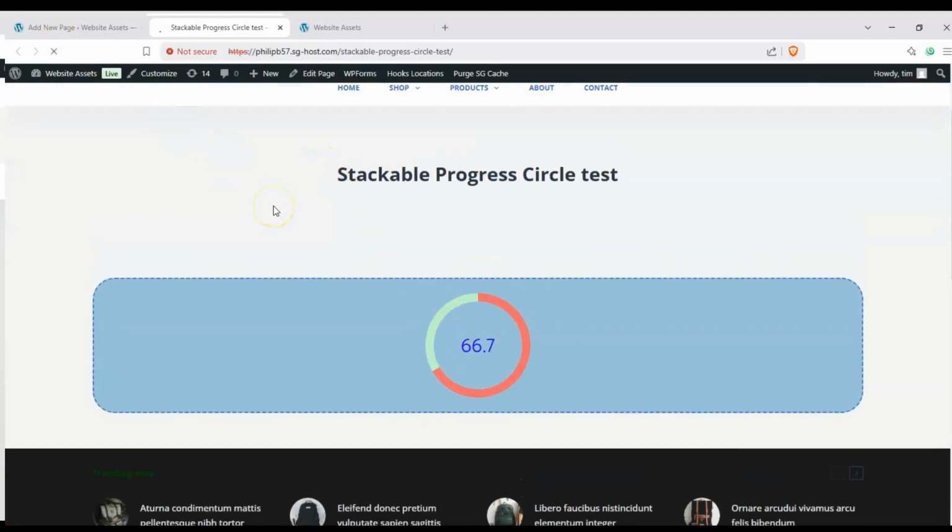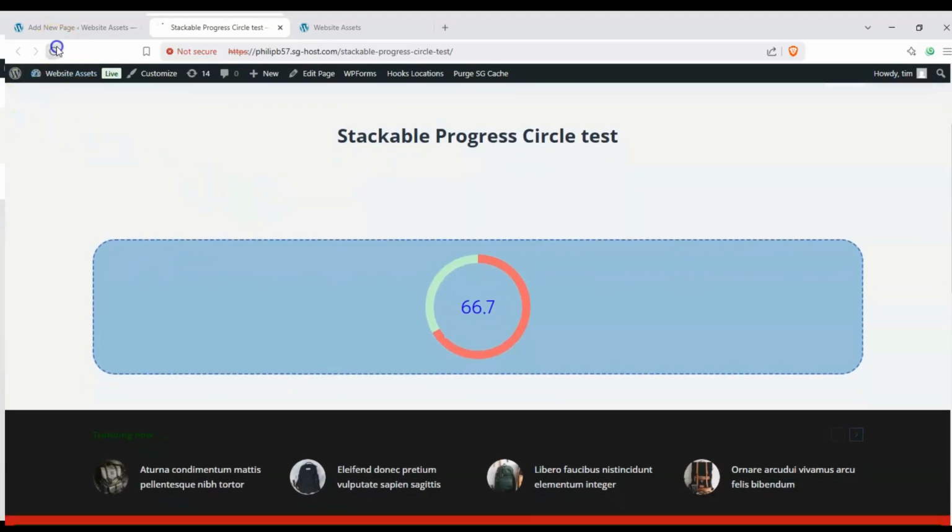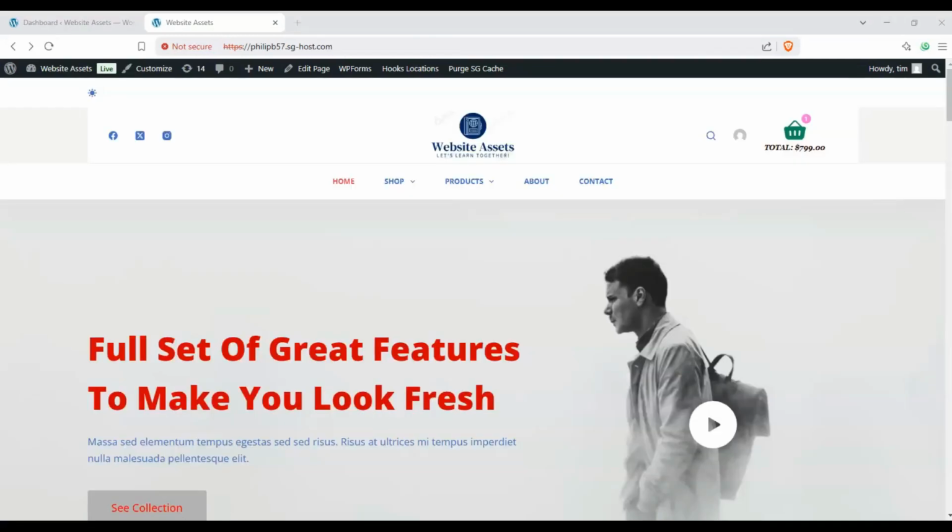In this video, we're going to be taking a look at Stackable's Progress Circle block in WordPress. This is a mini-series on taking a look at Stackable's blocks one by one. So to get started, let's go ahead and open up a brand new blank page to look at this block